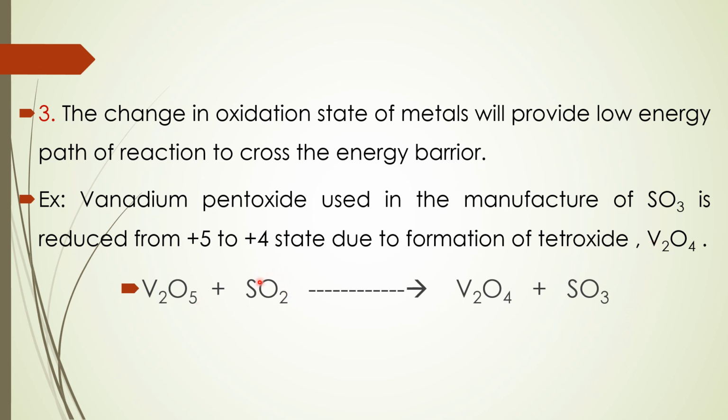If you take the manufacture of sulfur trioxide, we have the starting material SO2, that is sulfur dioxide. When sulfur dioxide is reacted with vanadium pentoxide, the oxidation state of vanadium changes from +5 to +4, and we see the formation of vanadium tetroxide, V2O4, along with the formation of our desired compound, that is sulfur